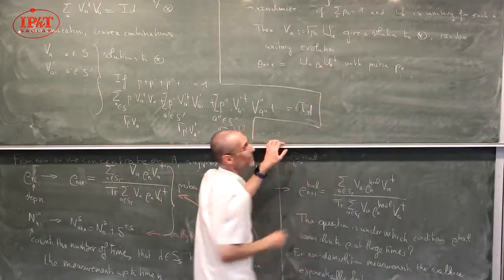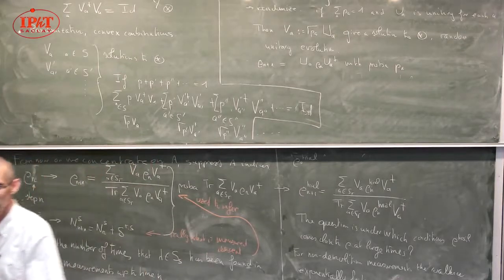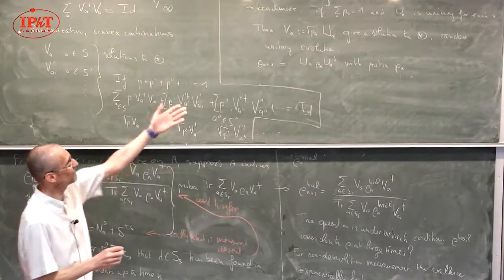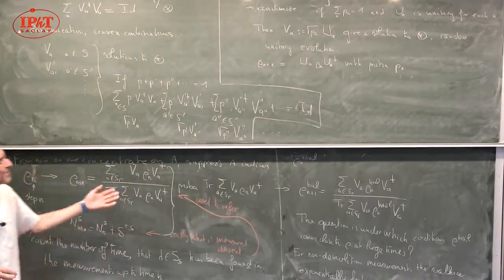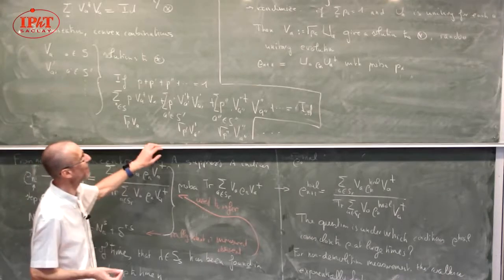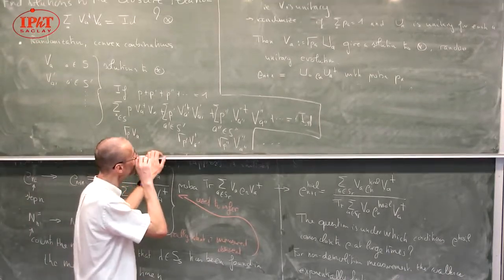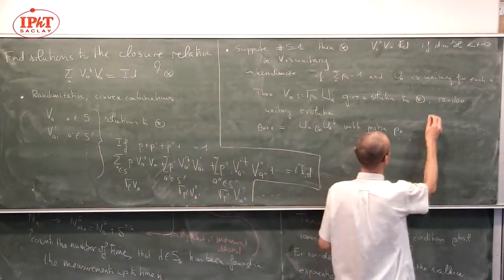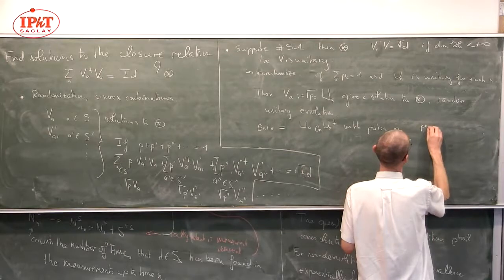So this is why I call this random unitary evolution. At each step you choose independently which unitary evolution you're going to have, and then you apply it. And you iterate. Of course, if you iterate unitary evolutions at random, you still get a unitary transformation, and you can study it. And then you can also look at the average. On the other hand, if you look at the average, then this is perfect reading.